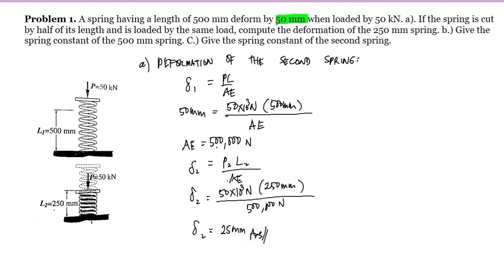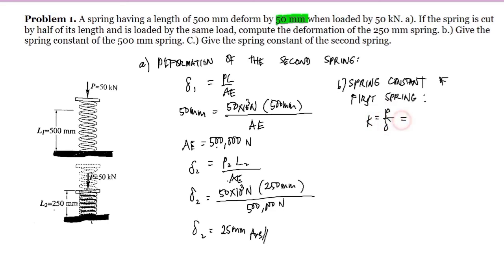For situation B, we are asked to compute the spring constant of the 500 mm spring, this spring here. So we have the spring constant of the first spring. We know that the spring constant is equal to P over the deformation,